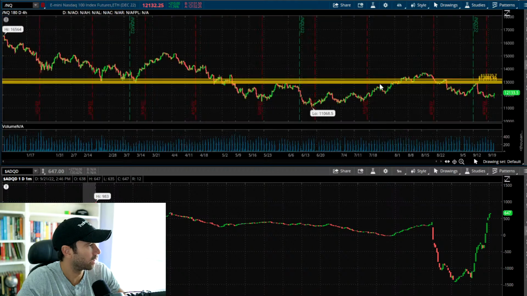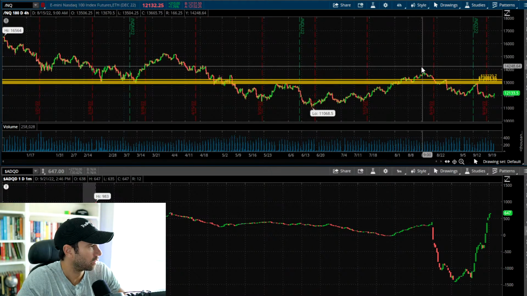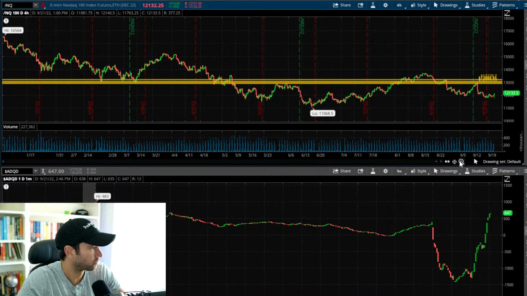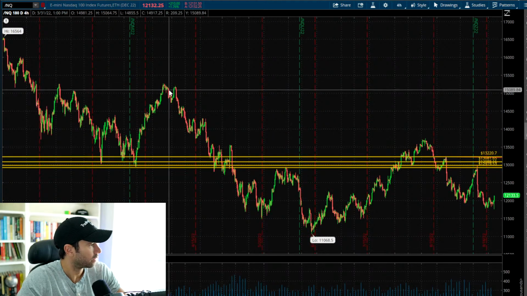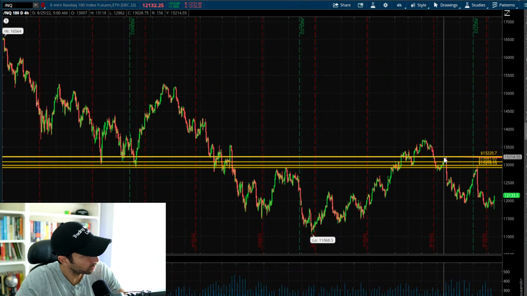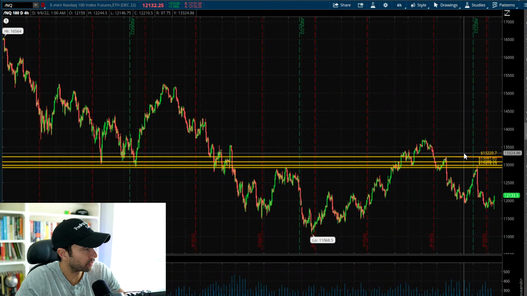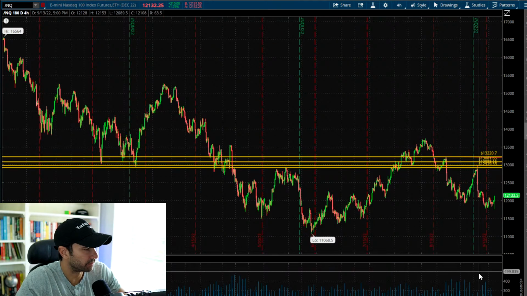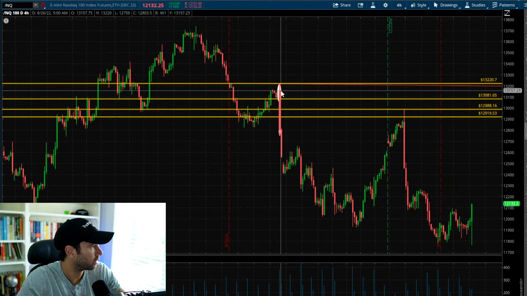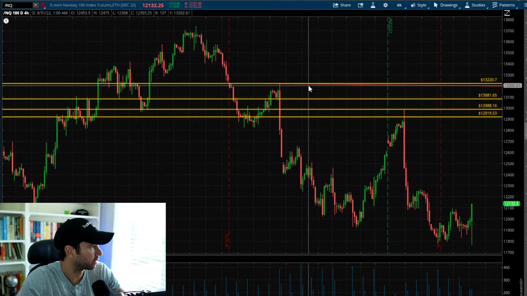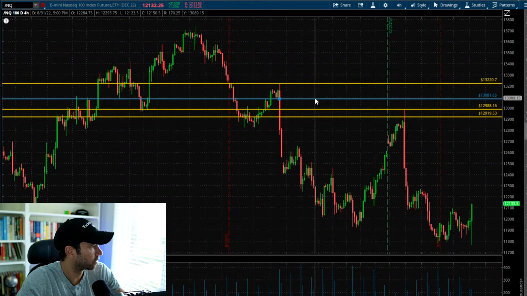We go to the 4 hour, okay? And we want to see, well, what I want to see is this. I want to see around 50% retracement in every move, okay? So let's maximize right here. Let me get rid of these drawings.